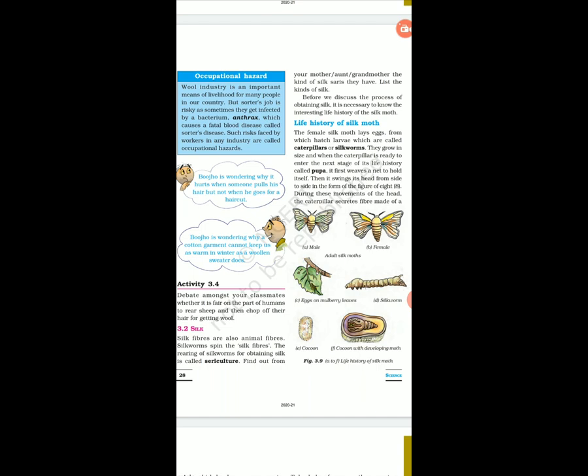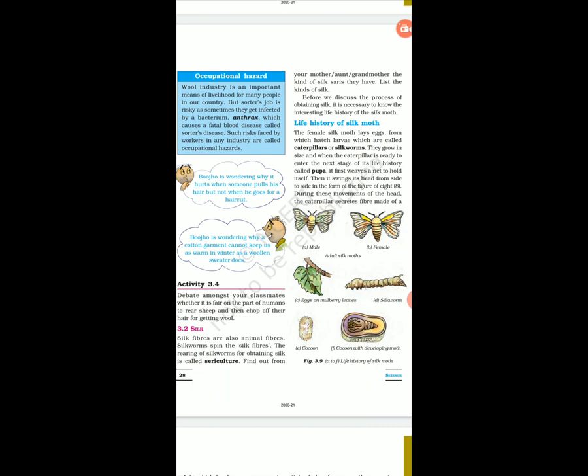The female silk moth lays eggs from which hatch larvae, which are called caterpillars or silkworms. What do they do? They lay eggs, and from that egg a small caterpillar comes out, right? They grow in size, and when the caterpillar is ready to enter the next stage of its life history,